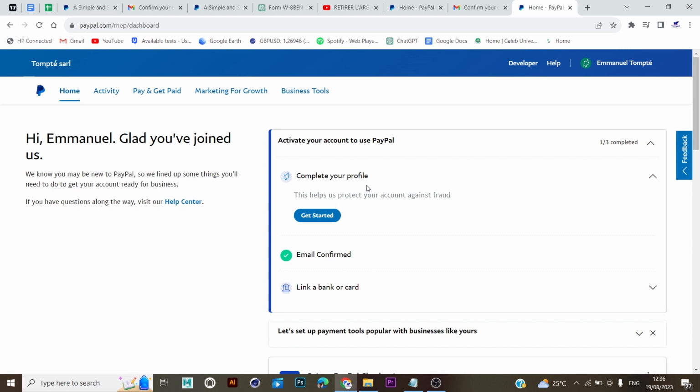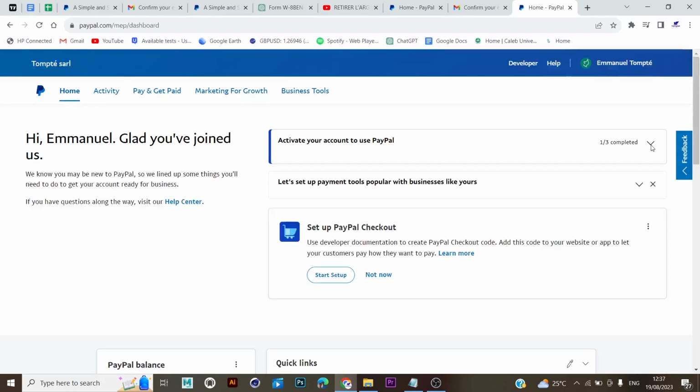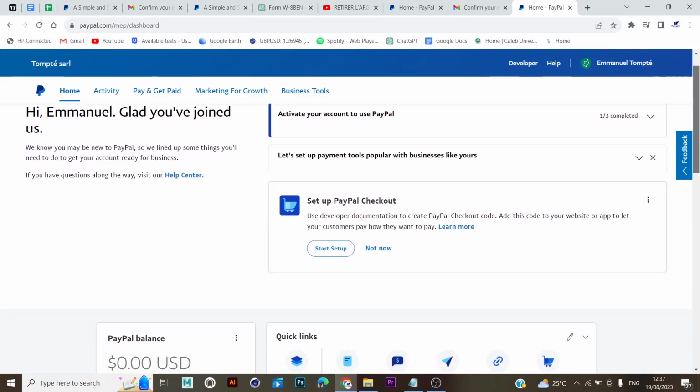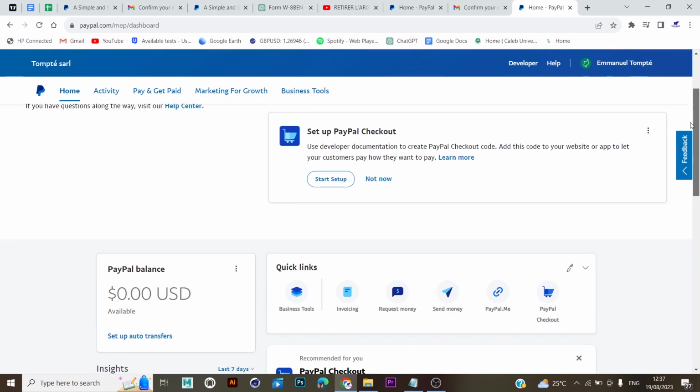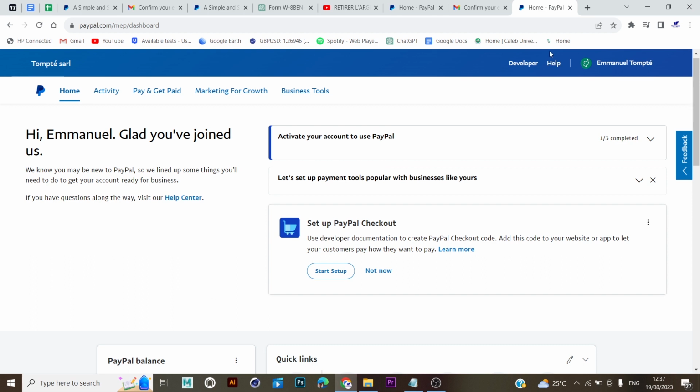This complete your profile, you can just skip it, because they want to make sure that you are a good customer and not a scammer or something. All your information is already there, so it's saved. You can just wrap it up, and since your email is good already,